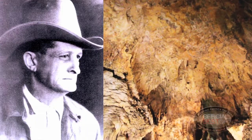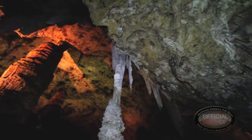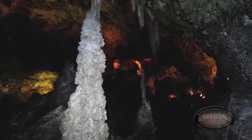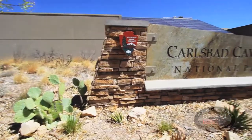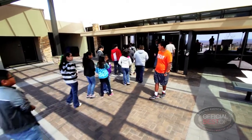Jim White is the cowboy credited with being the premier explorer of Carlsbad Caverns. He began to explore the cave as a teenager in 1898, using a handmade wire ladder to descend into the cave. Once guests reach the park's grounds and enter through the main doors, they will find themselves in the Visitor